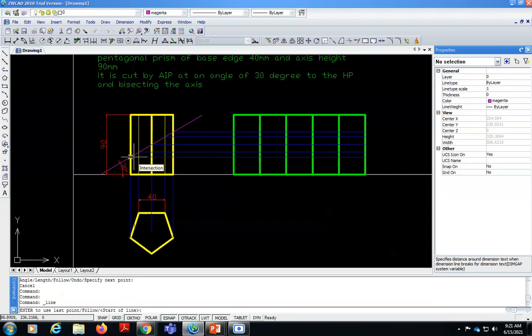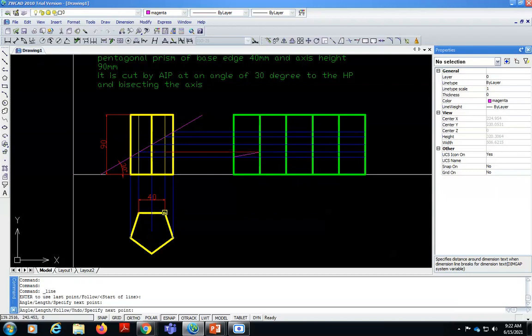So the cutting edge is over here, so it will start from this point. This is my point B and 2, so it is cutting over here, that means like this.